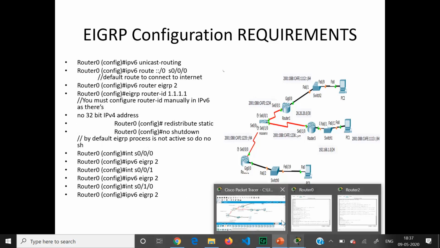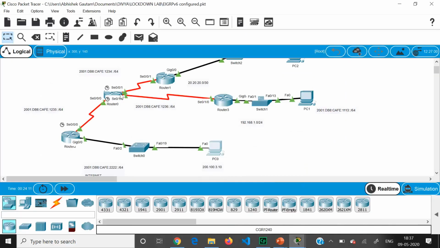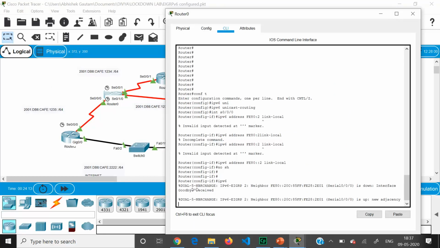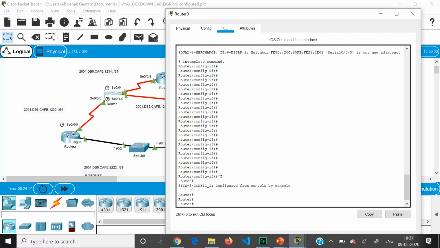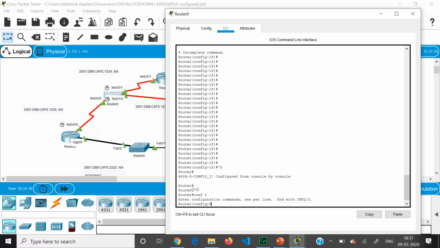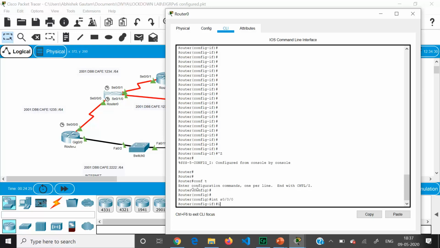So going to the topology, I am going to R0, and here I'll go to the global configuration mode. In there I will go to int s0/0/0 and I will give the IPv6 address.